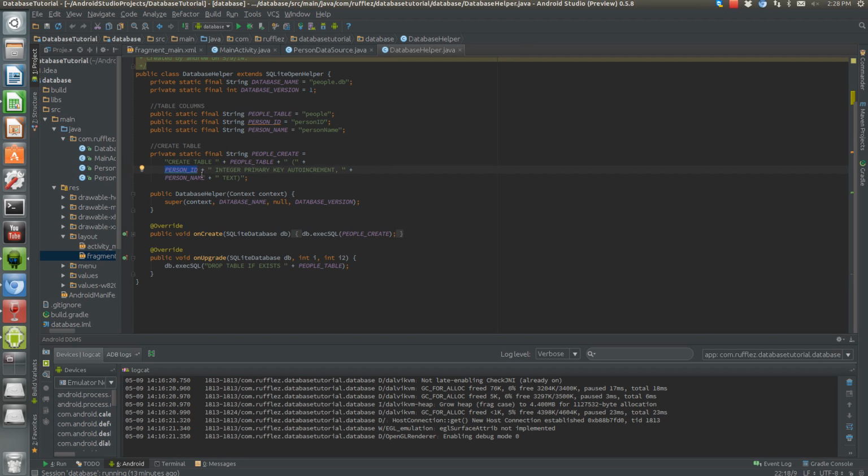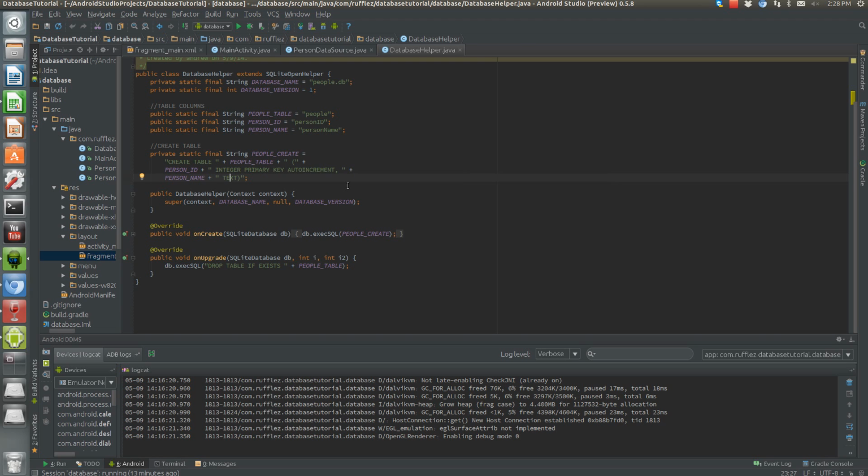your columns. So the first column is going to be your ID, and this is what we want it this way because we're going to use this as the primary key. What we're going to order everything by, and we're not actually going to specify the IDs ourselves. We're going to let SQLite do that for us, so we're going to auto increment it. So that means when we add something, it starts at 1, it puts in 2, it puts in 3, automatically for us. We don't even need to know that. That's awesome. And then the next thing, we're going to do the actual name of the person, and that's just